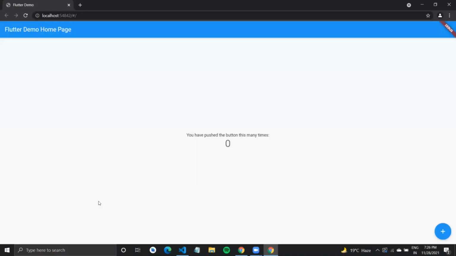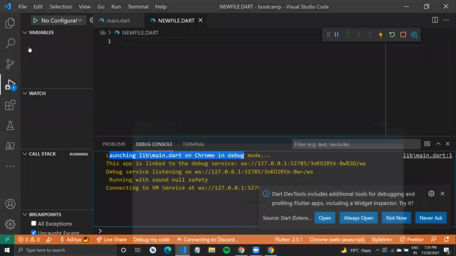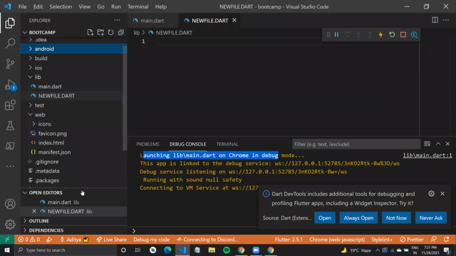If you run this project, this is what it opens up to. You have an app bar on top that says Flutter Demo Home Page, and something in the middle which says you have pushed this button this many times. If you click on this floating action button, you'll see the number on screen increment. So what is all this? Let me break it down in very simple terms, so that if you want to get started with Flutter later, it would not be something you haven't heard of.